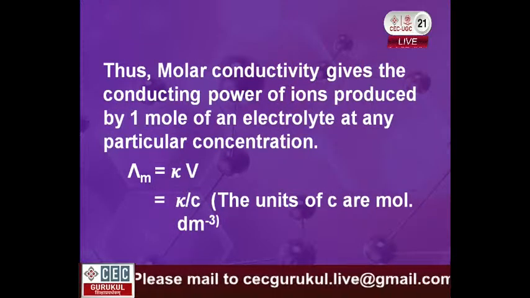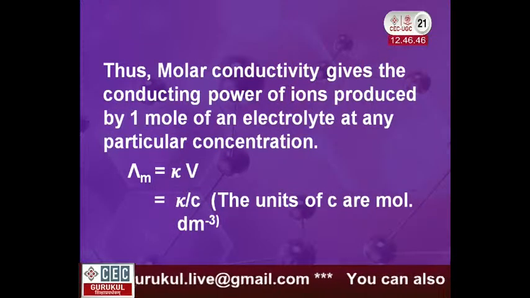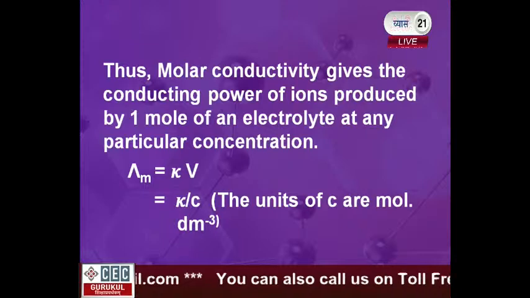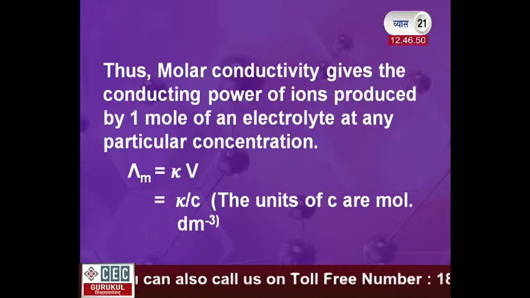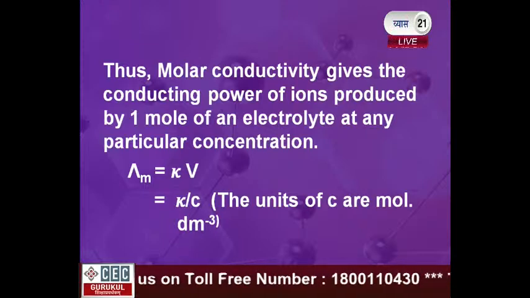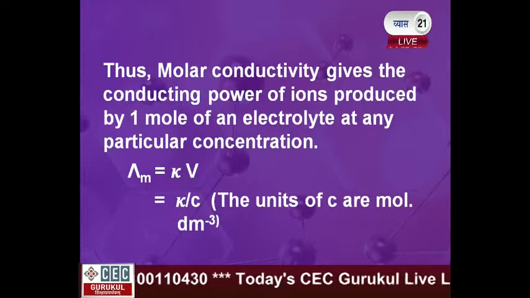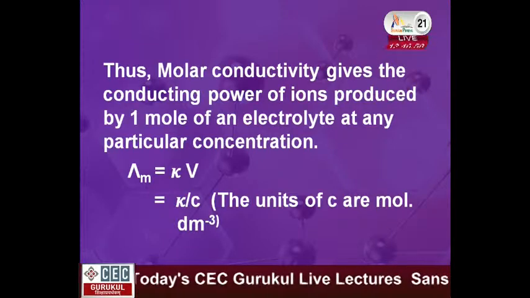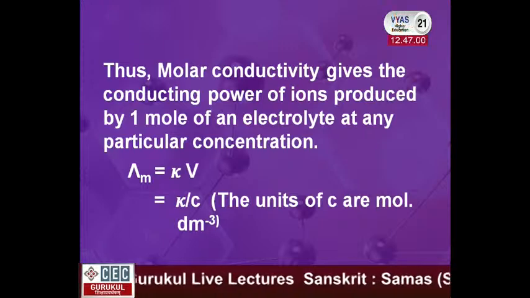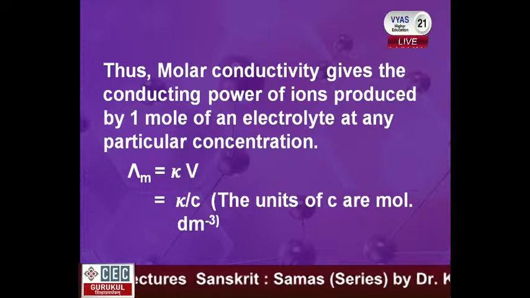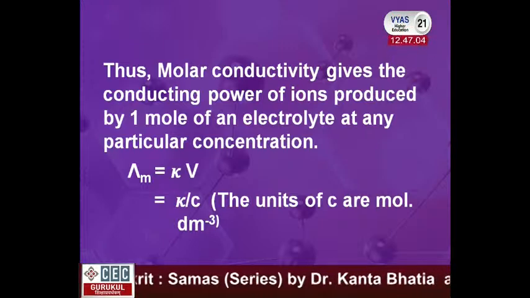Thus, molar conductivity gives the conducting power of the ions produced by 1 mole of an electrolyte at any particular concentration. Lambda m is equal to kappa V, which is equal to kappa by C, and C is in moles per